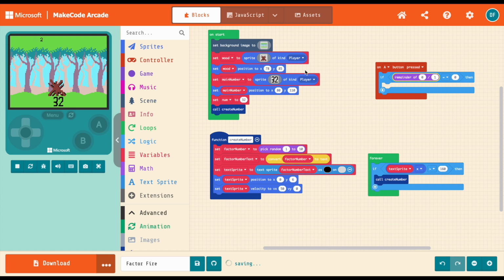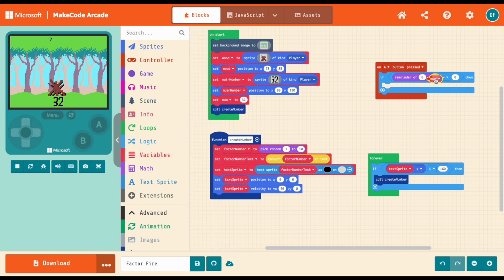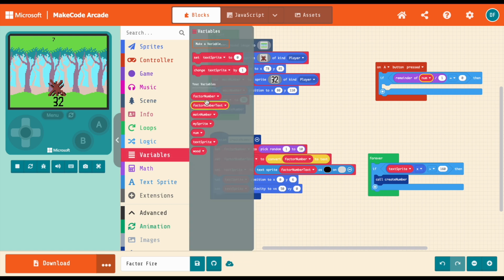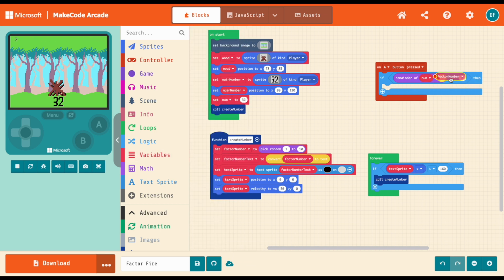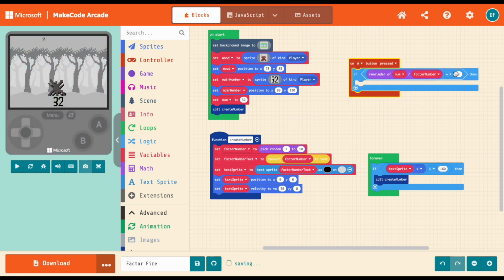Now we have two numbers. One is the main number, this set num to 32. And I'm going to grab that variable first. So going into variables, grabbing that num. And the other number that I want to divide by is this factor number here. So again, I'm going to go into variables, grab the factor number. I'm going to divide num by factor number, and if it is equal to 0, that means it is a